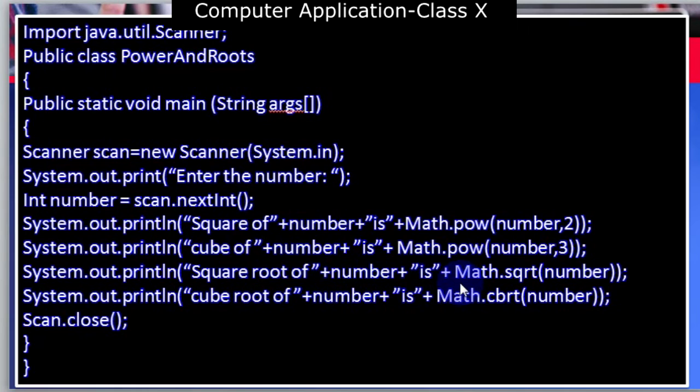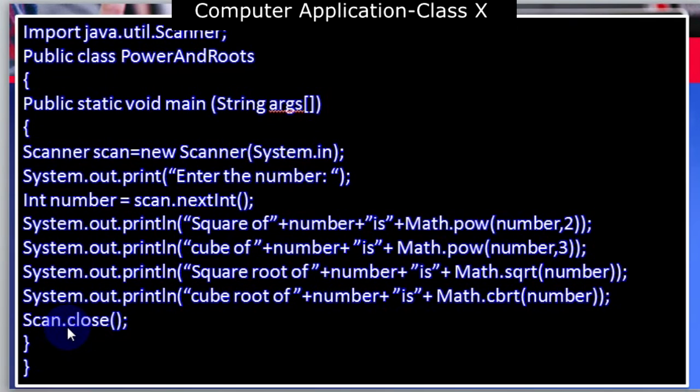So again we will use the mathematical function Math.sqrt. sqrt is nothing but square root of number. System.out.println cube root of, the last one is cube root of the number which you inputted in the beginning of the program, Math.cbrt. cbrt is nothing but cube root, sqrt is nothing but square root.